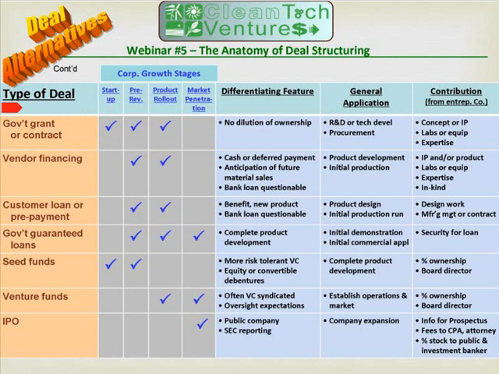We will advance to the second slide in deal structuring. The same matrix, only more deals. I'm going to ask Carl to continue and pick one of these or more if you want, and give some insights to a particular kind of deal, and Mark, the same for you if you'd like to pick one of these and provide further insight.